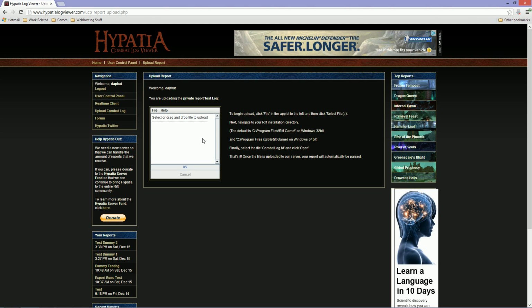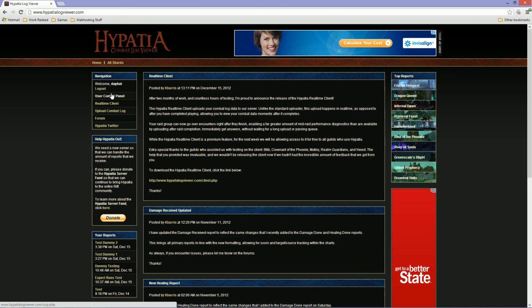Now, the benefit to using the real-time is that you have the option with your guild or with your raid group to look at combat as the fights are happening. With this particular option, it processes a log one at a time, and it may not be at the beginning of the list, so you're going to have to wait till they get processed. It's a nice option if you want to go back in later and look at what you were doing, but anybody that's serious about raiding in any way would definitely purchase the actual client